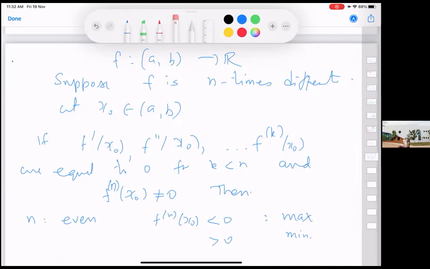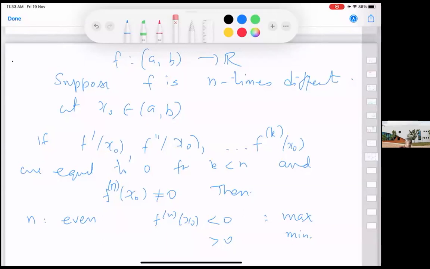Of course, last class we had taken an example where the derivative of every order at a point was 0, but it was not a constant function. So this is not a complete characterization, you cannot determine maxima, minima by just looking at the derivatives, but it covers a large class of examples. All derivatives existing but being 0 at 0 is a rare thing. We have to work hard at that.